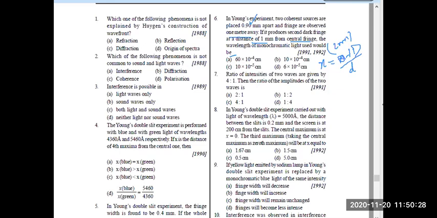सेवेंथ. Yes, very good. Seventh is A. Very good. Easy formula putting getting. Next, eighth. In YDSE, right? Light wavelength given, distance given, distance to screen capital D given, central maximum is x equal to 0. Third maxima, again, formula putting getting. तो यहाँ पे तुम्हारा n lambda D by d हो जाएगा, यहाँ पे मैक्सिमम है ना, और n is equal to 3 हो जाएगा, ठीक है. Next,